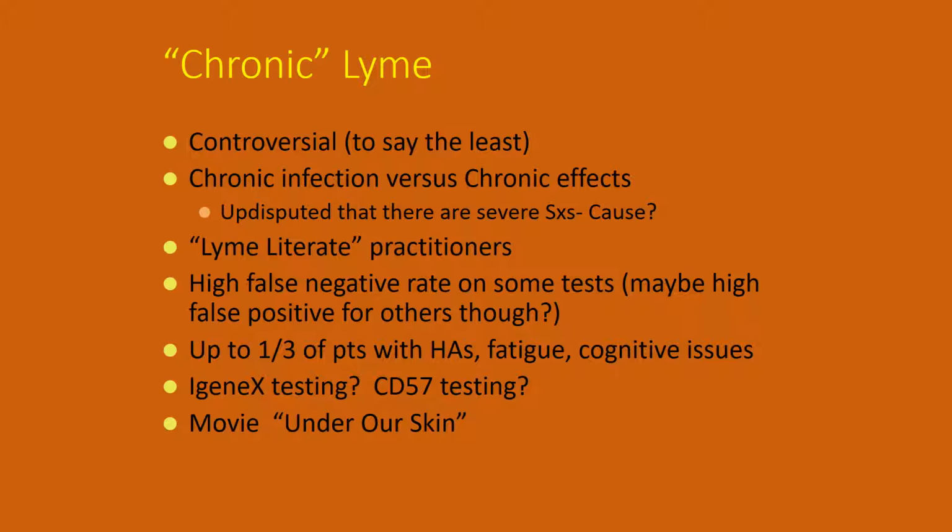So the Lyme literate practitioners will often diagnose something called seronegative Lyme. They basically will say, yep, this person acts like Lyme, looks like Lyme. I can't find any evidence that they have the Lyme bacteria. I can't find any evidence that they have Lyme antibodies, but I'm going to go ahead and treat them as if they did. Some of these patients do seem to get better. The challenge, of course, is they might have gotten better on their own, and or they might have some kind of other infection that is possibly treated by these antibiotics.